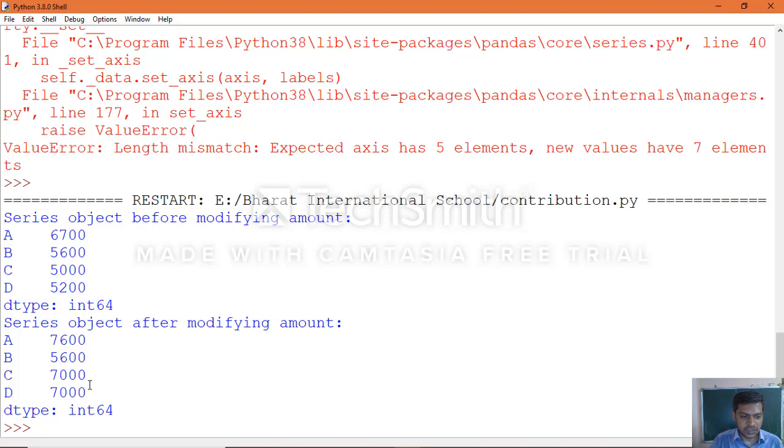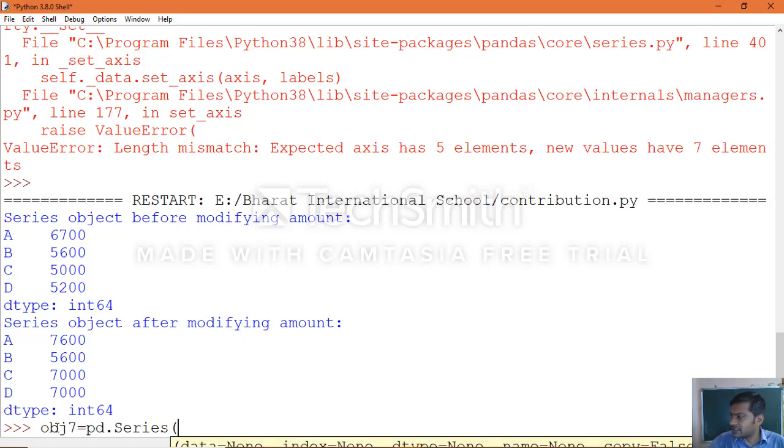So the series object functions which you can make use of are head and tail. We know already the head function is used to get the first n rows. By default 5 rows will be displayed, and if you want to access custom data, that is the first n rows, you can specify a custom number, and according to that you will get the output.